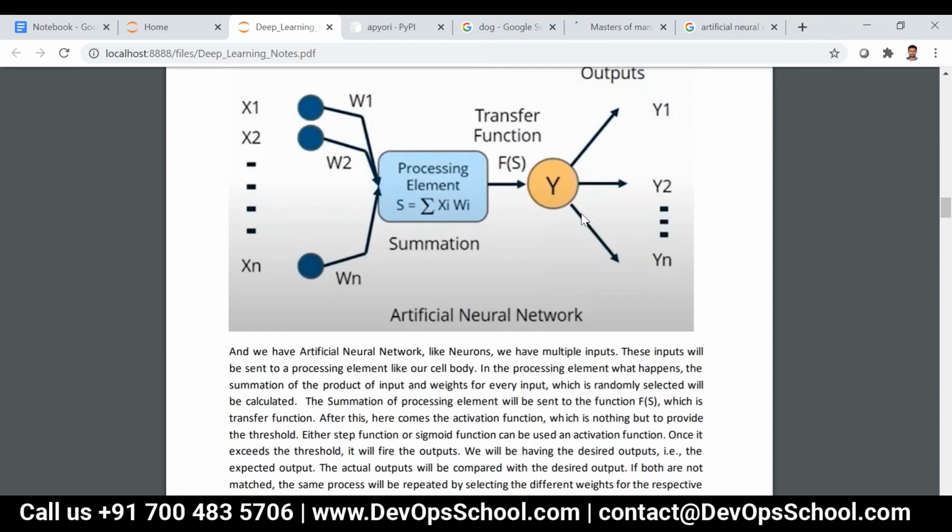So it will always produce output greater than or equal to 0 only. That is one of the activation functions that can be used for the linear activation function, or for the non-linear activation function.